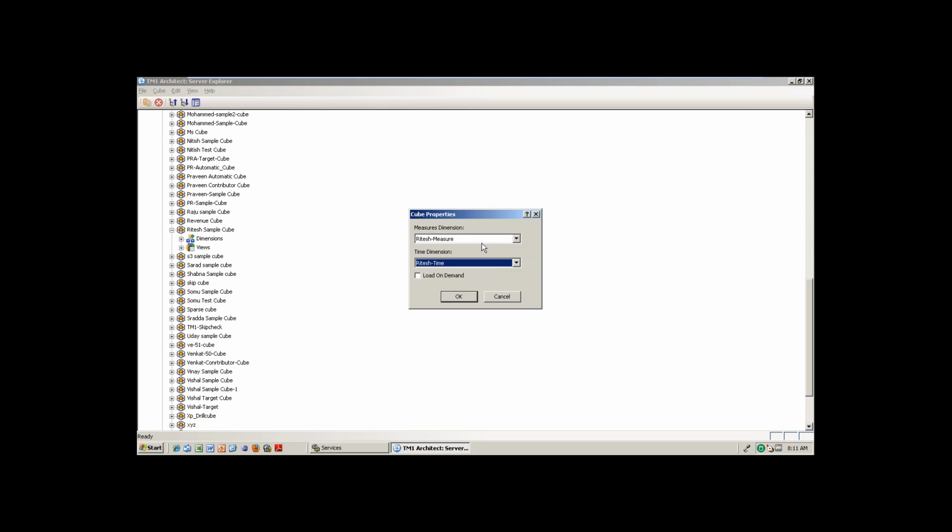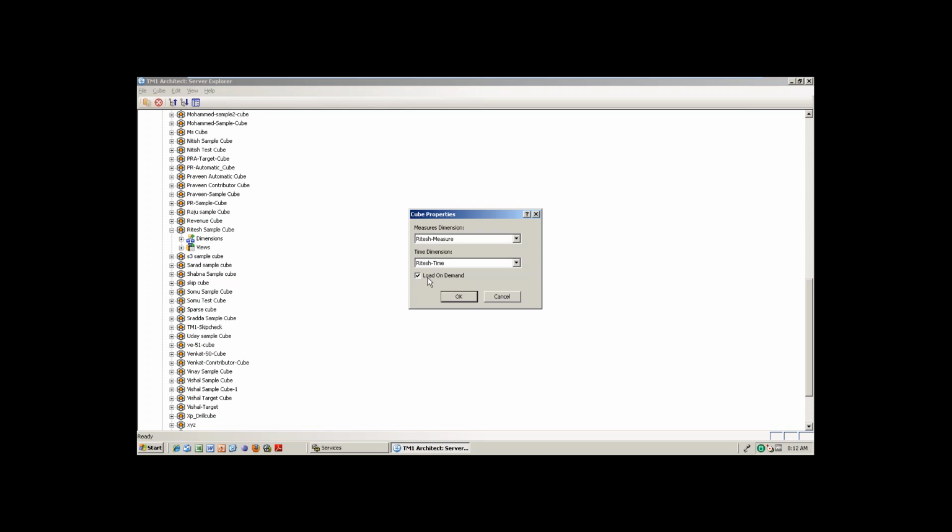Any questions here? Load on demand means, yes, if you put it like this and restart the TM1 server, as I told you, it will automatically load. But if you put this one, it will stop at that moment. But next time the server starts, it will automatically load. This load on demand is like an unload type of option, whenever you need you can load, right?